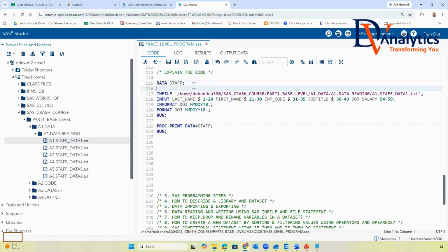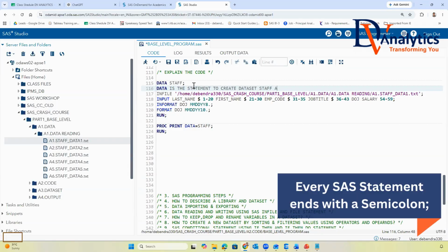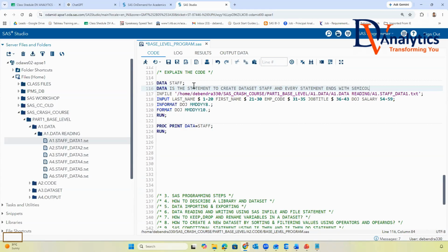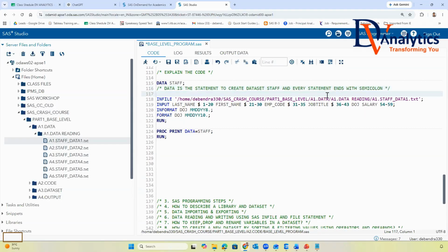In this, data is the statement to create a dataset step, and every statement ends with a semicolon. Remember, guys, every SAS programming statement ends with a semicolon.